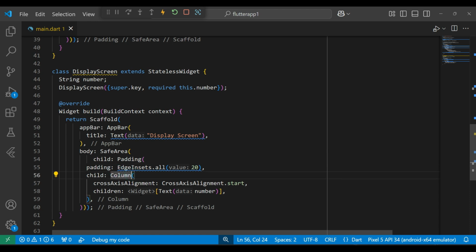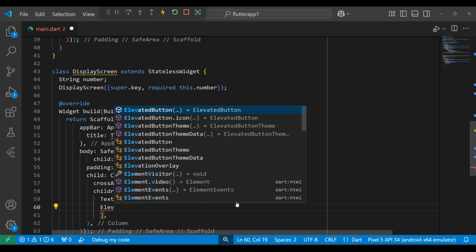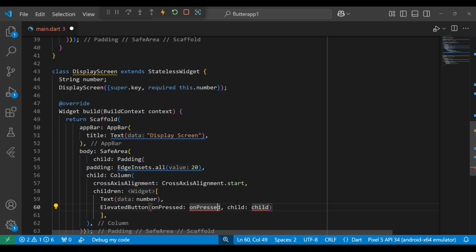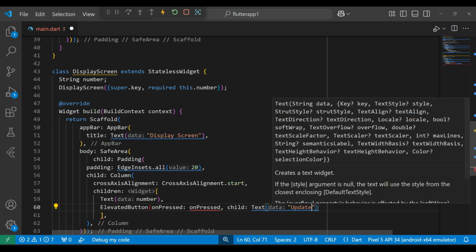So under this text field we can add the button, elevated button, and in the child property let's call text update